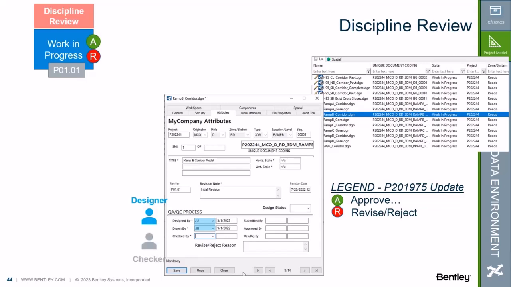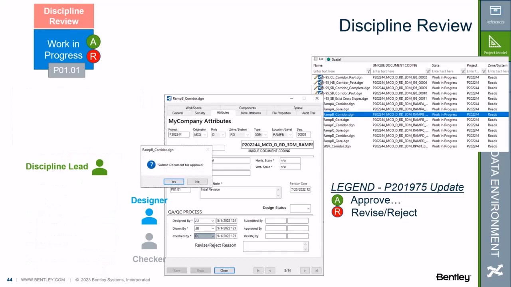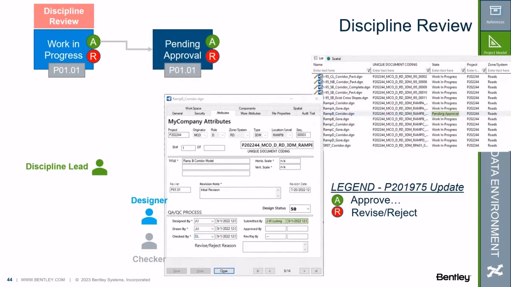And at this point, the designer should have a peer review the source file and make any changes or comments. Once the peer-to-peer review is complete, the checker would select their initials in the check by dropdown. And then finally, the discipline lead would approve the work in progress document and answer yes to the prompt. The document would then go into the pending approval state, and the submitted by would be populated. The pending approval state signifies that the design is ready to share for other disciplines to review in the project